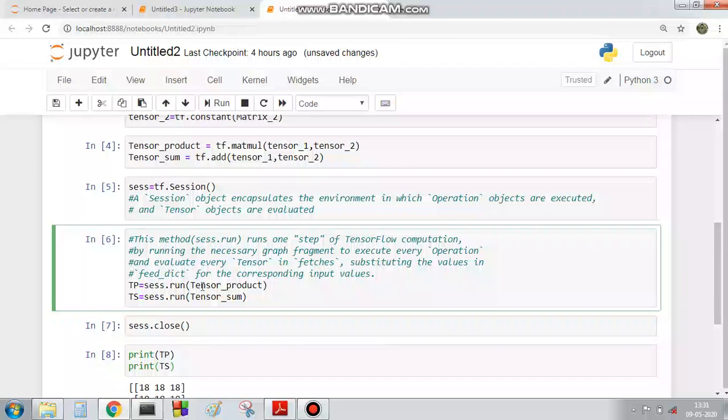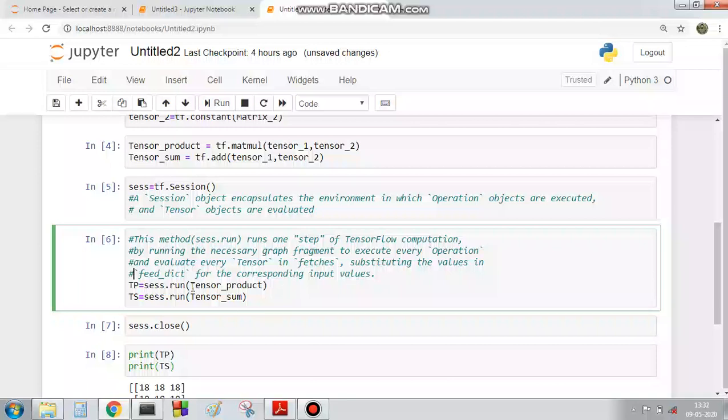Now to run the TensorFlow operation, we require a method, namely session.run. This method runs one step of TensorFlow computation by running the necessary graph fragment to execute every operation and evaluate every tensor, substituting the values in the feed for the corresponding input values.